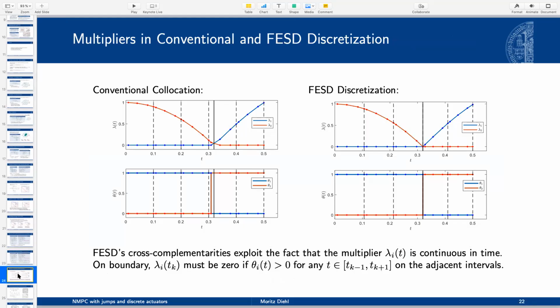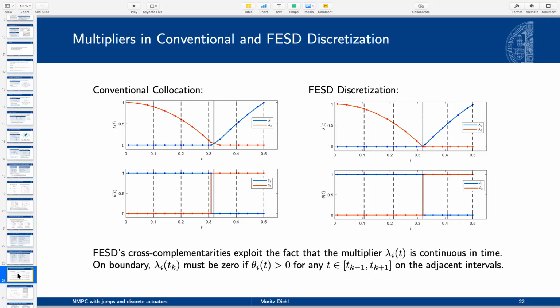Yeah, so maybe to give a bit of intuition, it's actually the multipliers lambda, they turn out to be continuous in time for these ODEs. And that's the key for the whole method, because we basically say these multipliers can only be non-zero if all the theta on the interval are 0. And conversely, a theta can only be non-zero on an interval if all the multipliers on the interval are 0. And these conditions, which are just complementarity conditions of all thetas with all betas on the same interval,